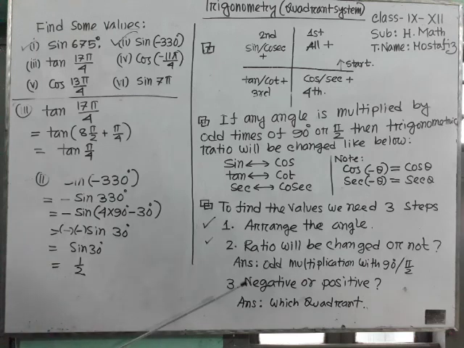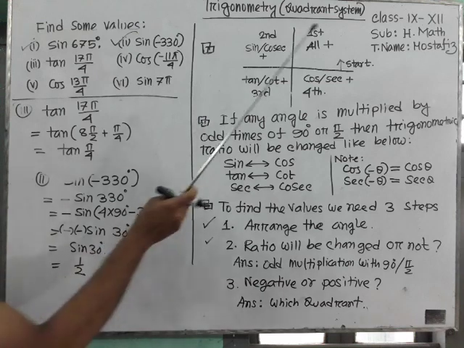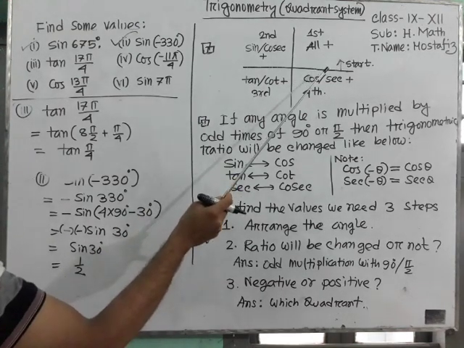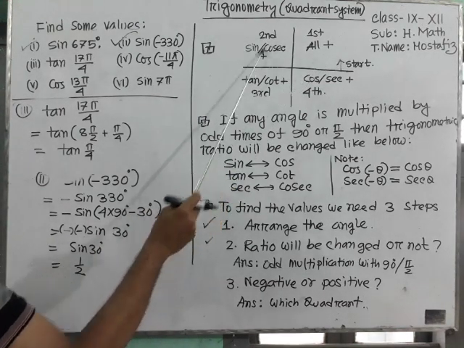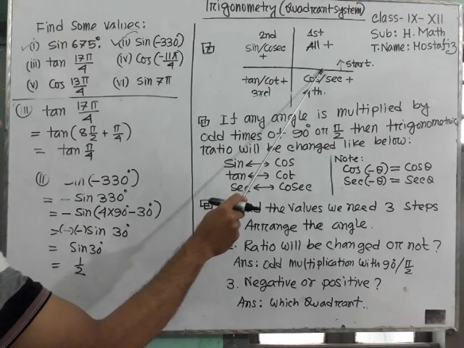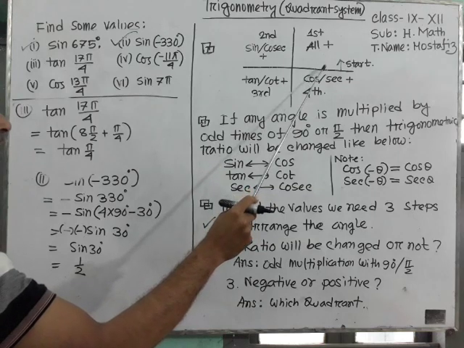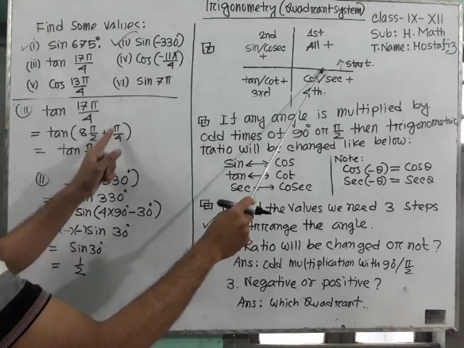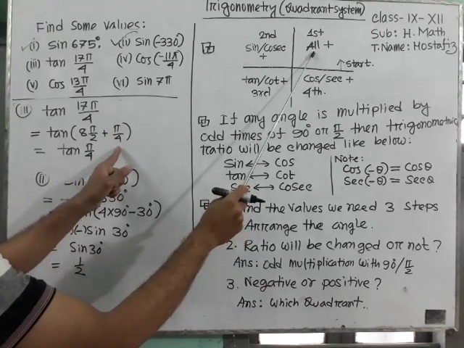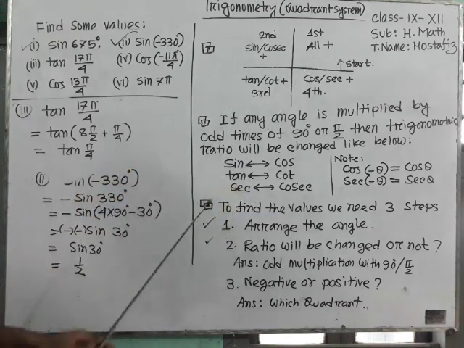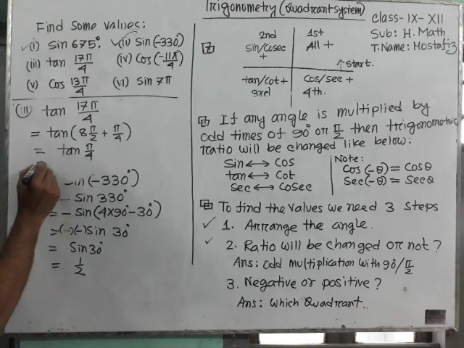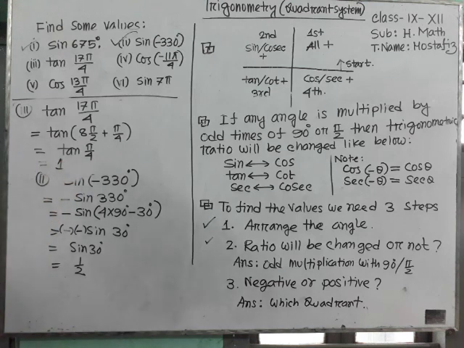Now come to the third question, that is, negative or positive. Now it will be 8 into pi by 2. We know that if you move one round, then you will get 4 pi by 2. So for 2 rounds we will get 8 pi by 2. This is the point where you will get 8 pi by 2. But here there is an extra pi by 4, so you will be in the first quadrant. The first quadrant is always positive for all, so it will not be minus, it will be positive. So tan pi by 4 is only 1.